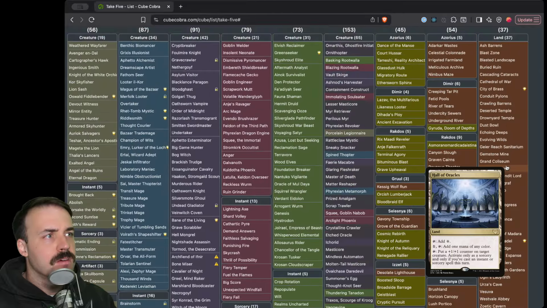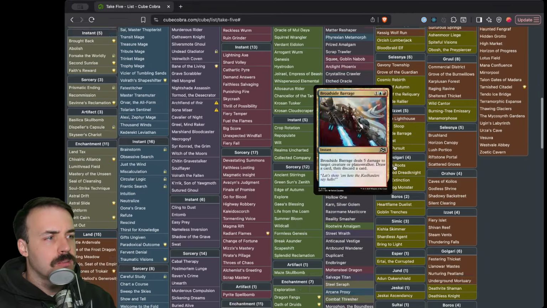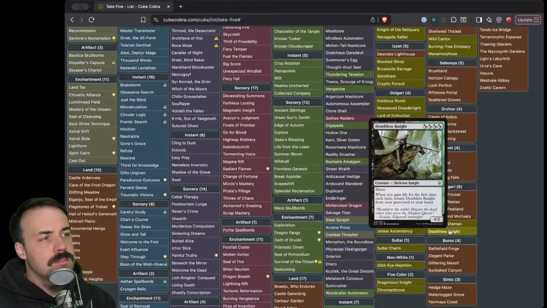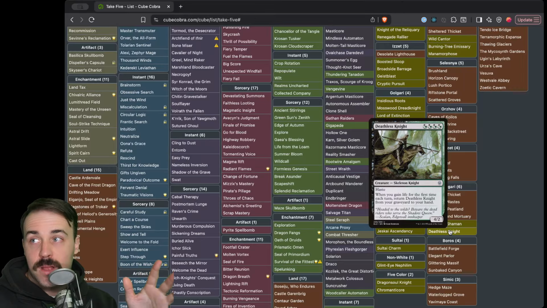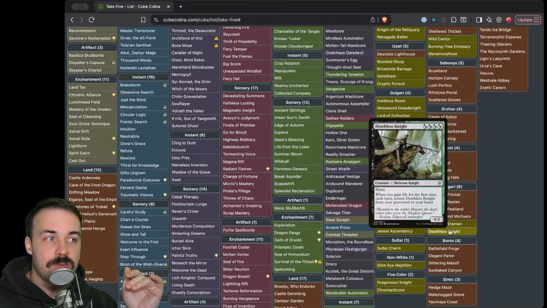That's going to be in the hybrid section. Yeah, so here, I was looking at hybrid cards, came across Deathless Knight. It's 4 hybrid black-green for a 4/2 with haste, and when you gain life for the first time each turn, you can return it from your graveyard to your hand. That second bit is why I'm most excited about this, because